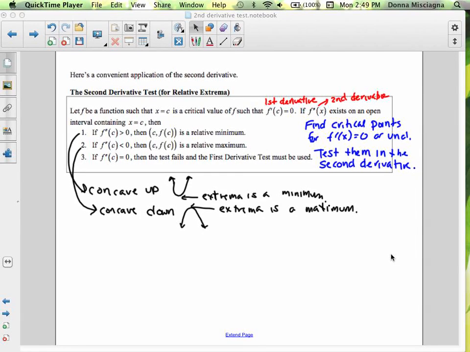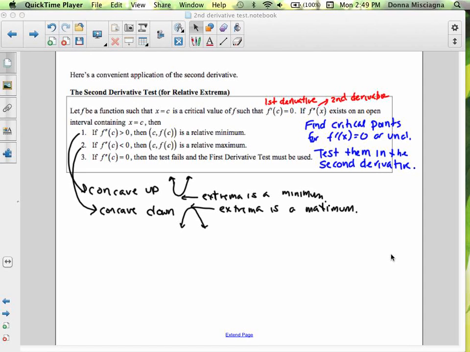Welcome. So this is the second derivative test for relative extrema. And it's a convenient application of the second derivative. Let f be a function such that x equals c is a critical value of f, such that f prime of c equals 0. If f double prime of x exists on an open interval containing x equals c, then,